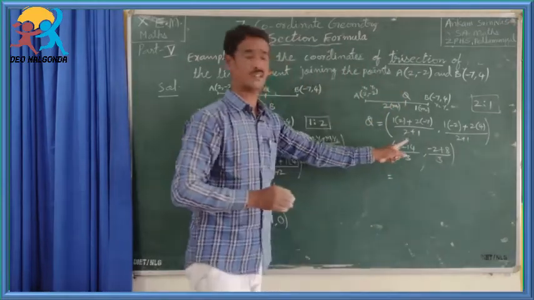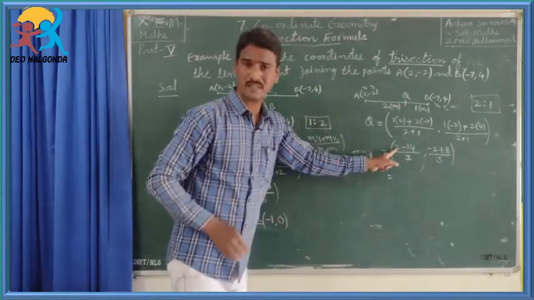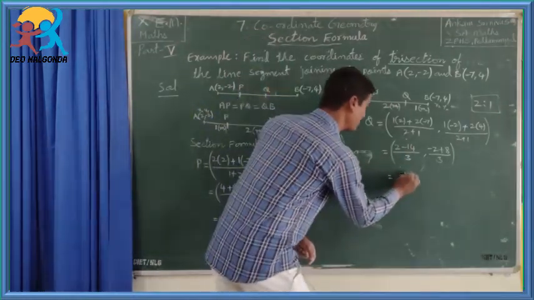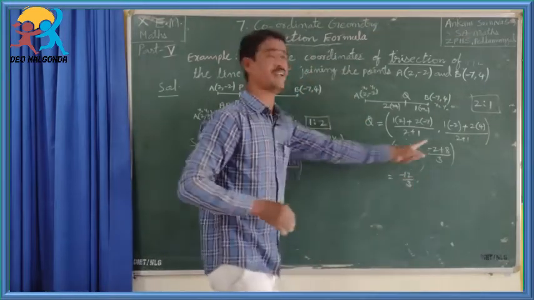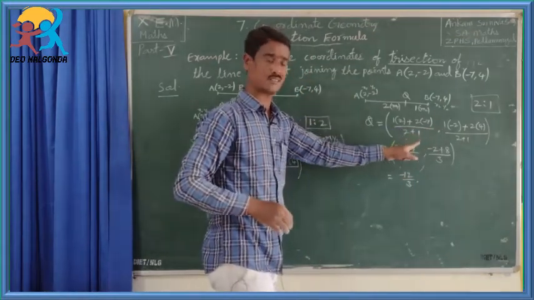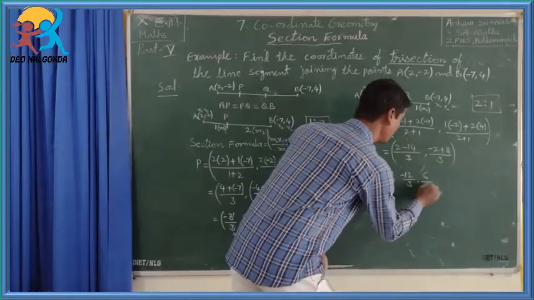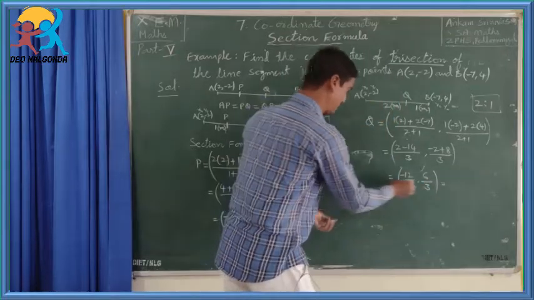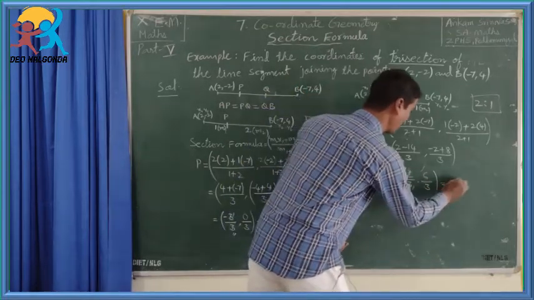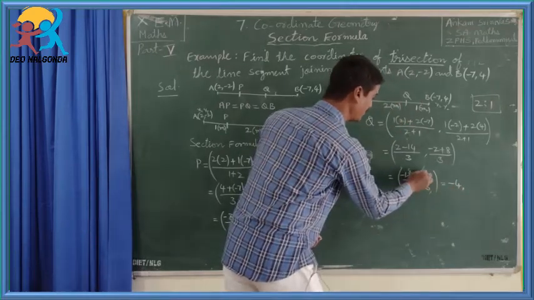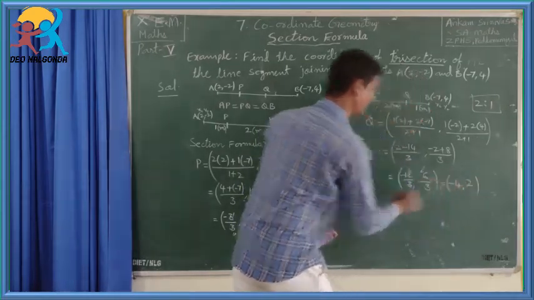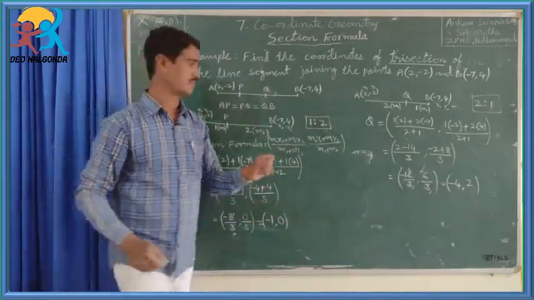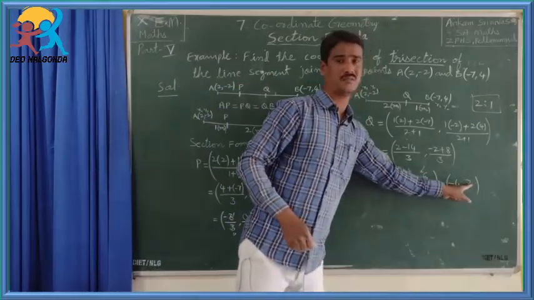Now 12, 14 minus 2, how much will we get? 12. 14 minus 2 gives minus 12 by 3. And minus 2 plus 6, 8 minus 2, 6. So 6 by 2. Then we'll get here how much? 3 ones are 3, 3 fours are minus 4, 3 ones are 3, 3 twos are 2. So we got 2 points. P minus 1 comma 0, minus 4 comma 2.